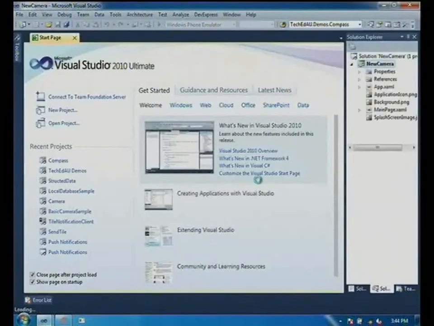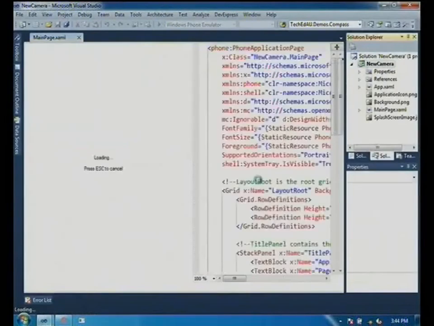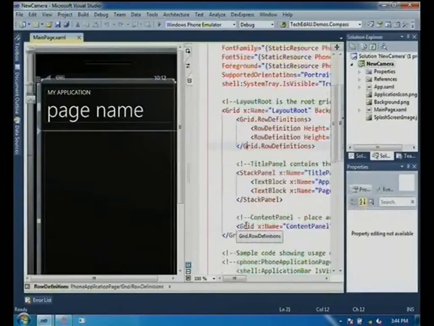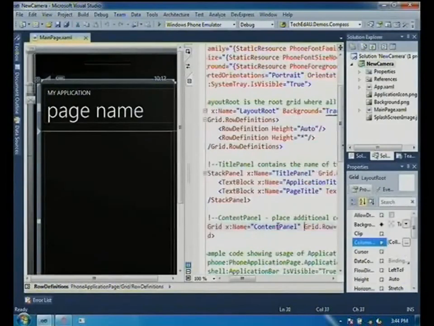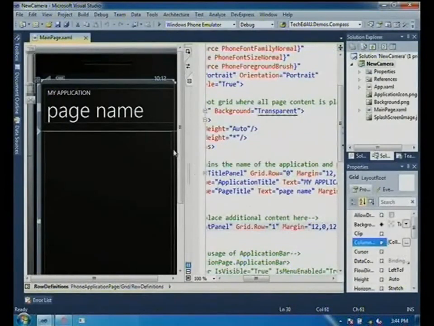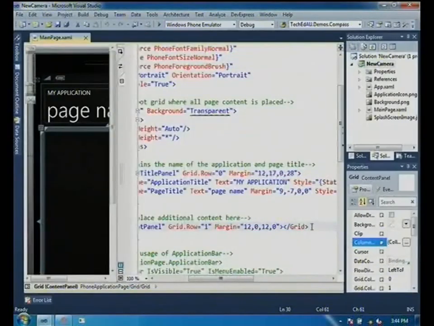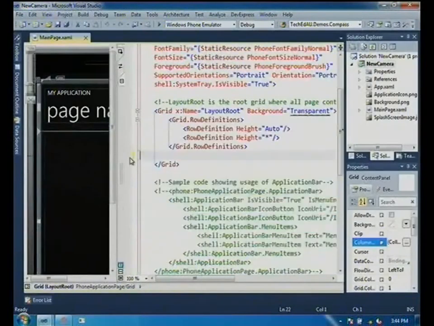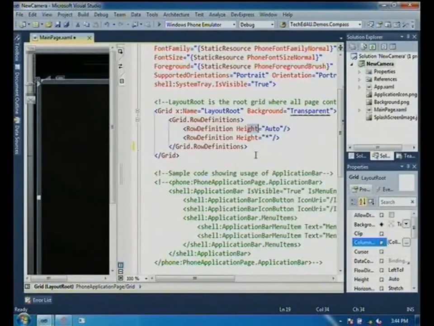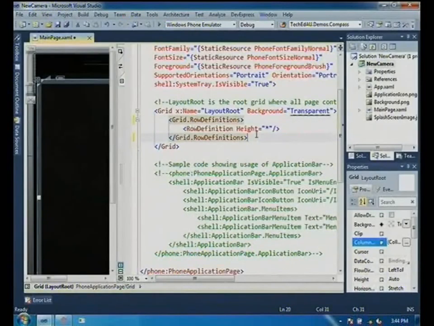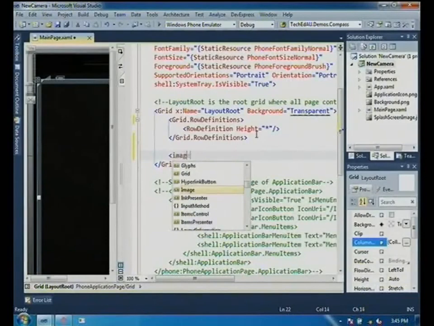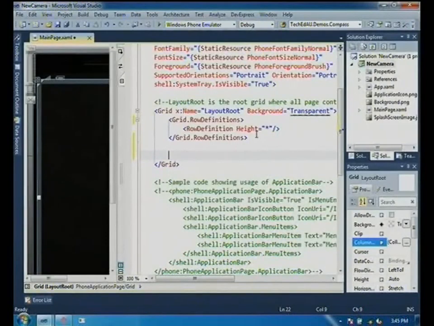New project, 1.5. All right, need that one. Let's make this easier. Again, we don't need all this, and we don't need this. So what we're going to do is display an image. Actually, no, we're not going to display it.